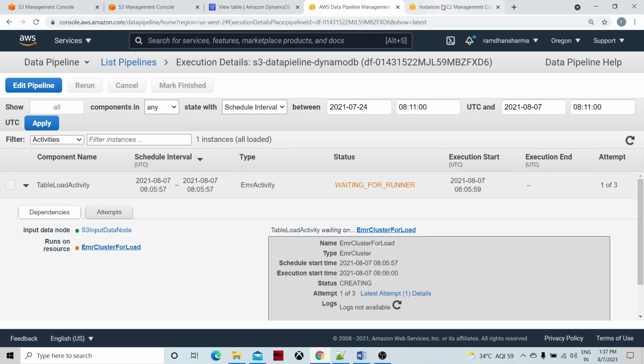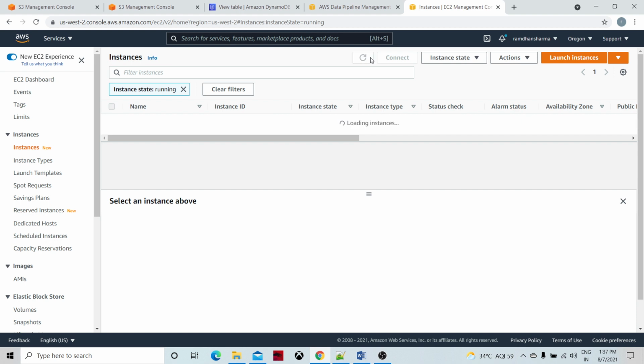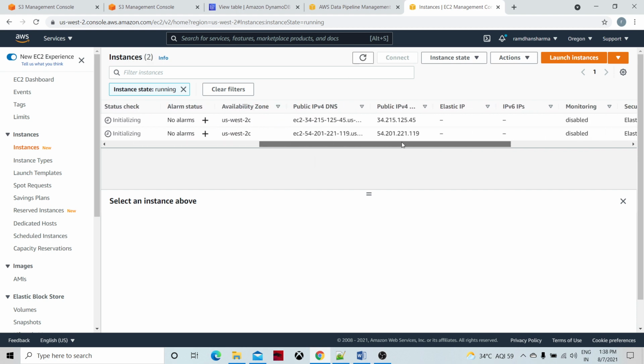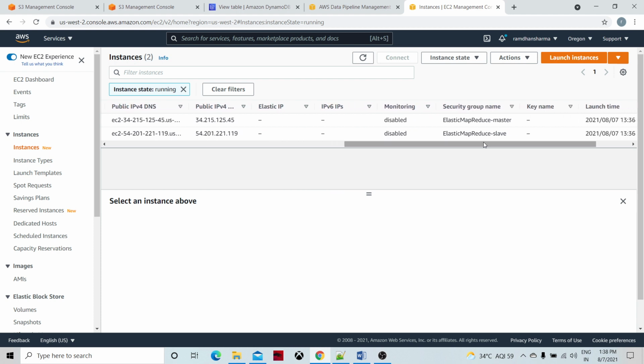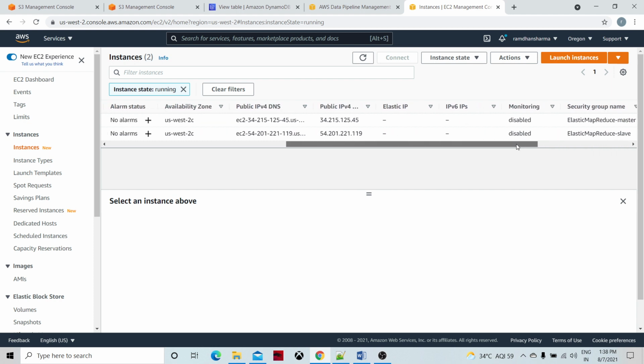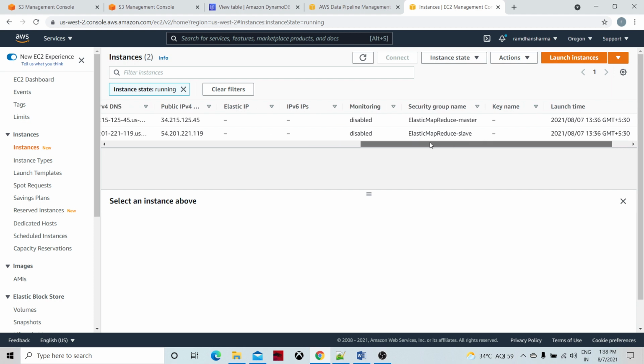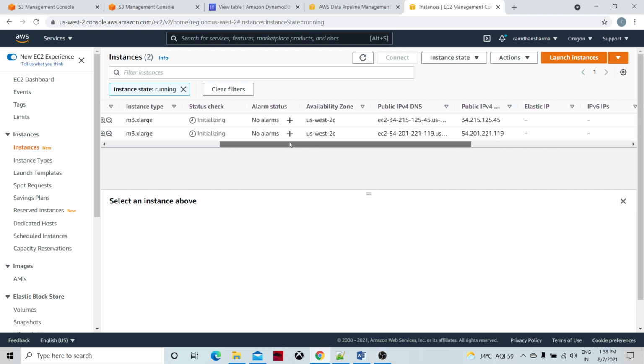Okay, so let's see if the EC2 instances come or not. See, there are 2 instances, they have already come. If you look at all the properties, there will be one master Elastic MapReduce EMR cluster as part of the EMR cluster, slave and master architecture, right? We know that in Hadoop there is a master-slave architecture, so there is one master which is controlling the slave behaving as a data node.